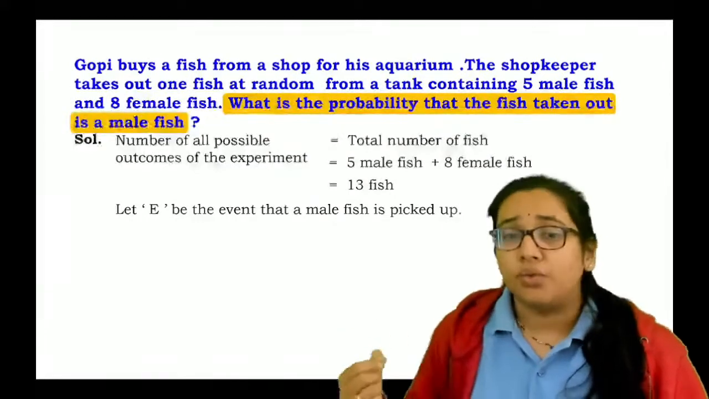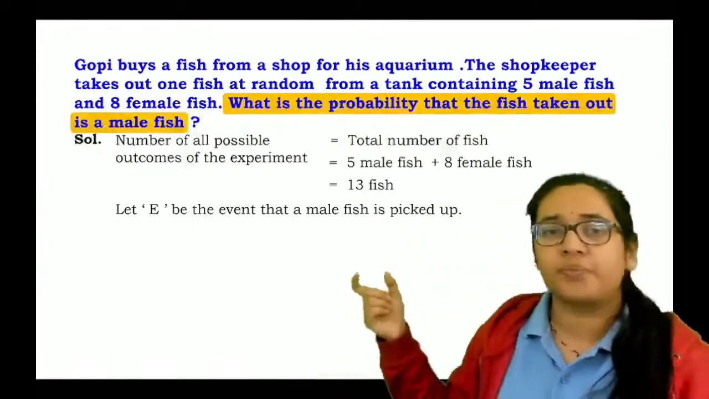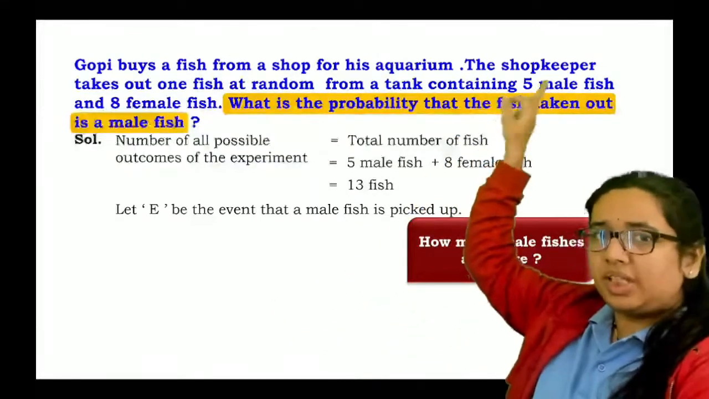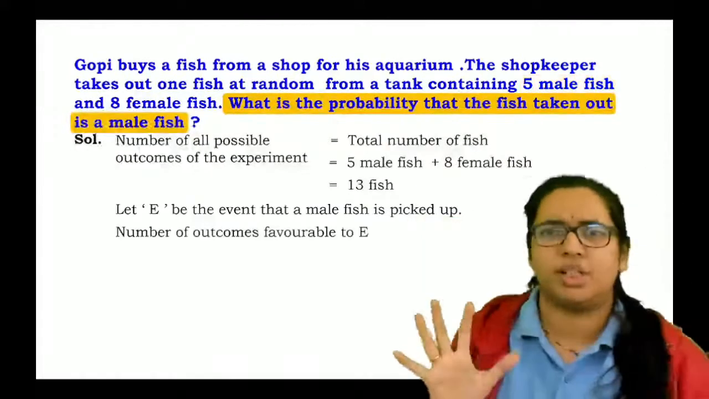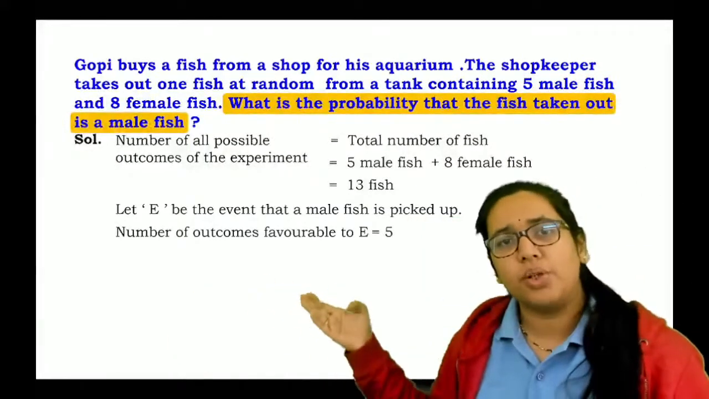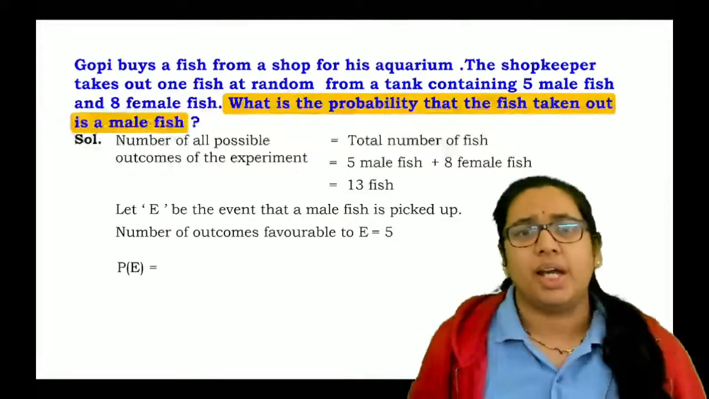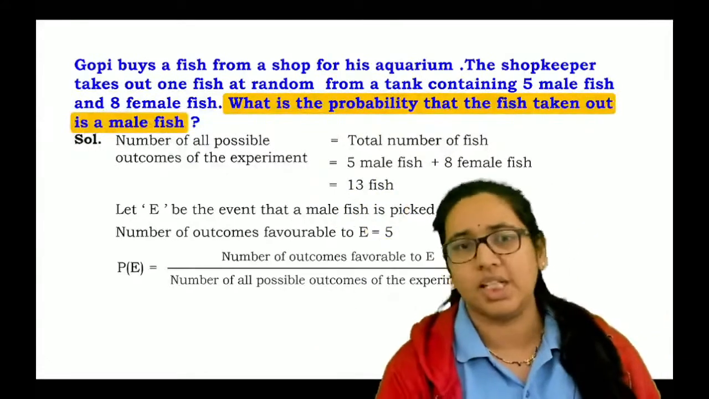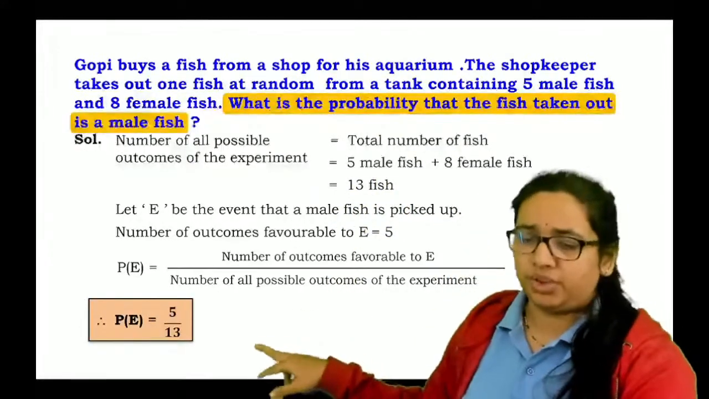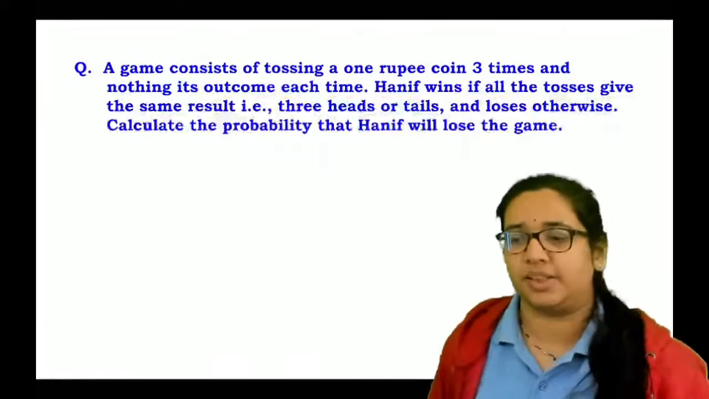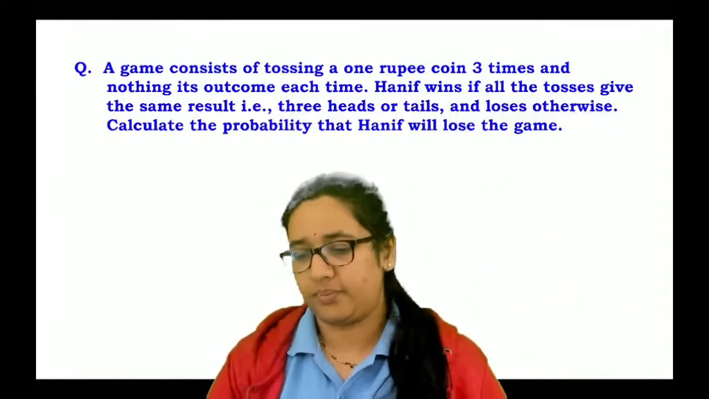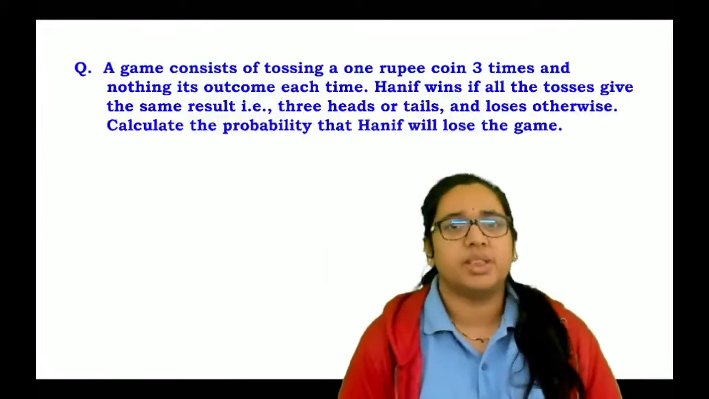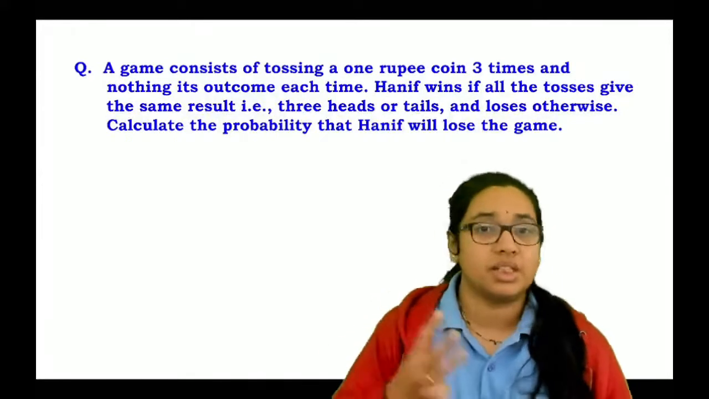So, for that, what will be the value of the number of favorable outcomes? The number of favorable outcomes is nothing but 5, because there are only 5 male fish. Hence, the number of outcomes favorable to this event is 5 and the total number of possible outcomes is 13. Hence, probability is given as 5 upon 13. That's it. It is a very basic, easiest type of question, but it will easily give you 3 or 4 marks